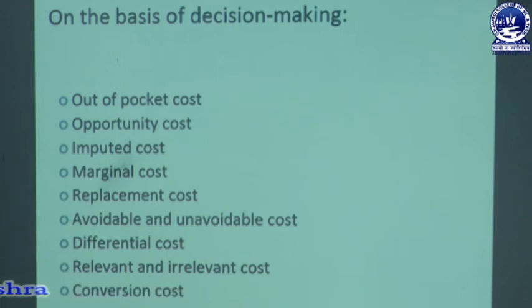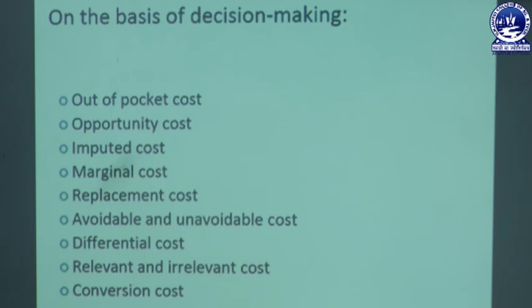Avoidable cost, certain costs are there which can be avoided if the organization takes proper steps. From the management point of view, that is called an avoidable cost. But unavoidable cost, certain costs are there which cannot be avoided. Even after several steps and precautions, we cannot avoid that cost, we must incur it, that is unavoidable. Differential cost, by increasing certain additional number of units, the extra benefit that is obtained,